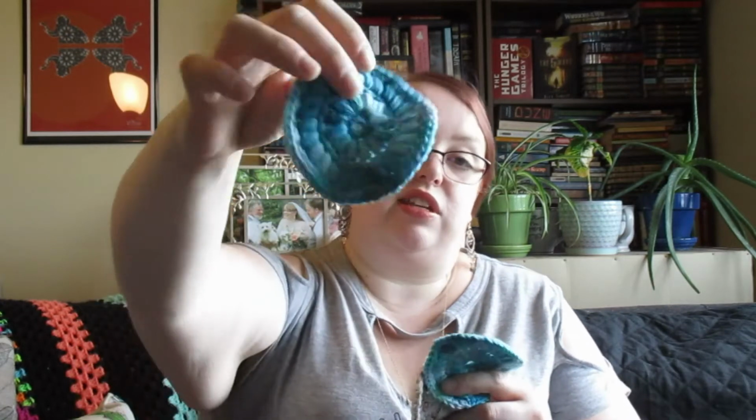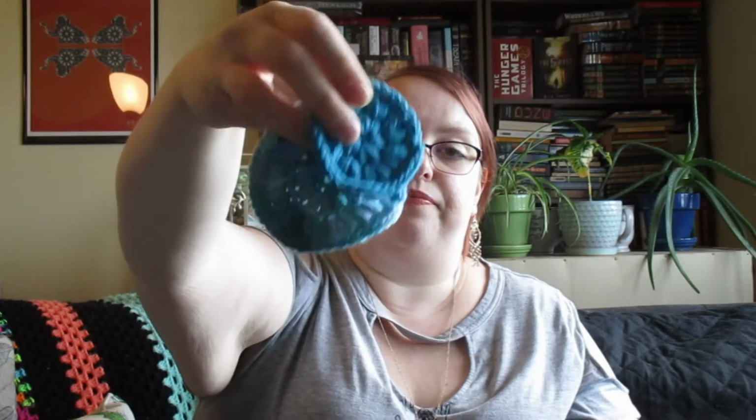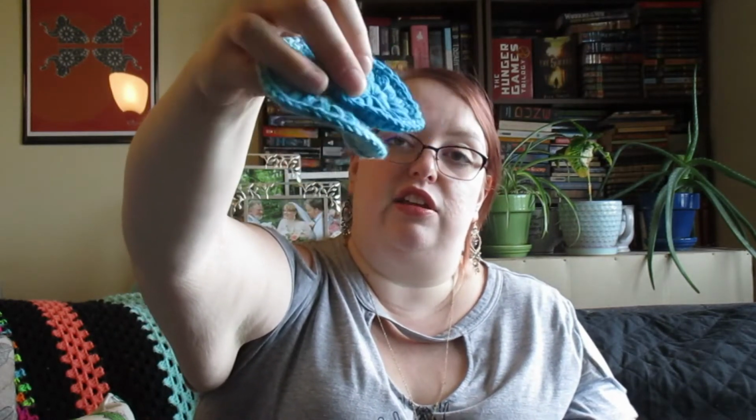Oh, I lost one. I can sit on the floor. But yeah, there's two sizes. I've mostly been using this large size, but there's also a small size as well, which is pretty nice. They're really handy. You can use them a few times, wash them out in between. I crocheted them with lots of scraps of worsted weight